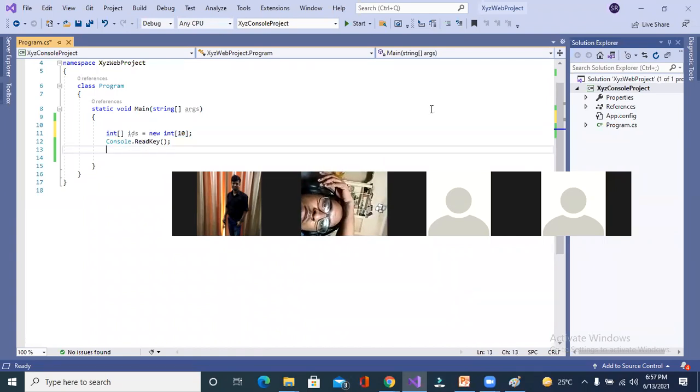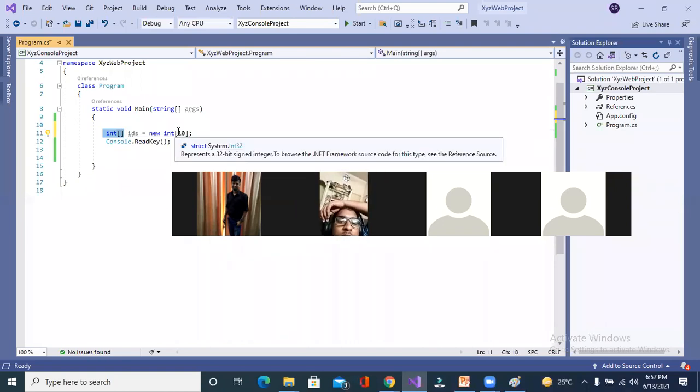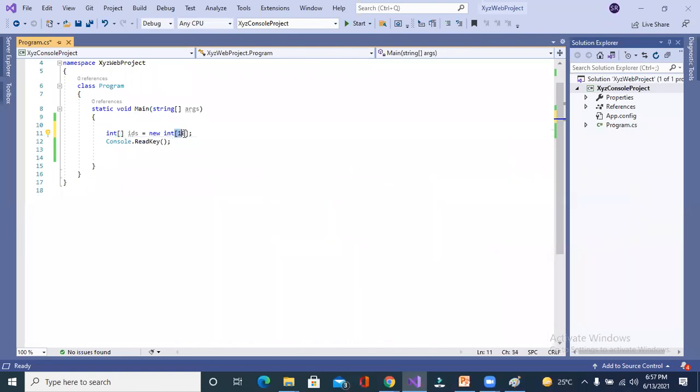Okay, it's good. So far, so good. So what I did, I created one array of integer type, and we are going to store a total length of 10. That means we can store values up to 10. We can't store record 11, right? We can only store values up to 10 persons or up to 10 students.